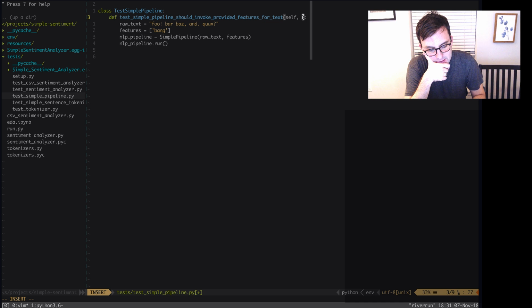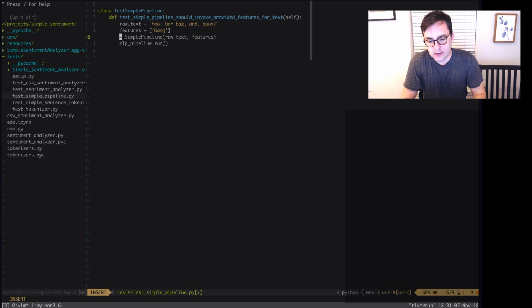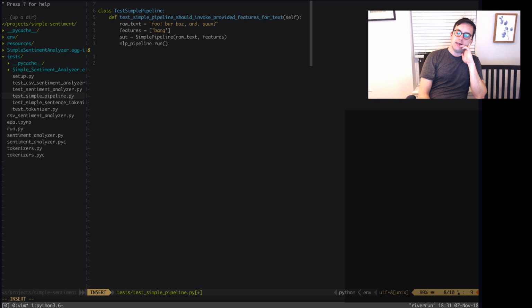No, I could simply assert that the method on simple pipeline, which constructs the pipeline from the list of attributes, was called. So if we call this the system under test, then we can say that when we construct this simple pipeline with raw text and features,